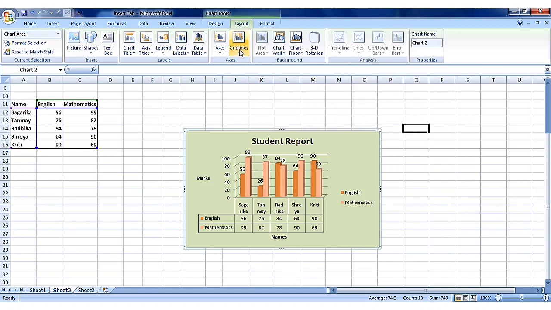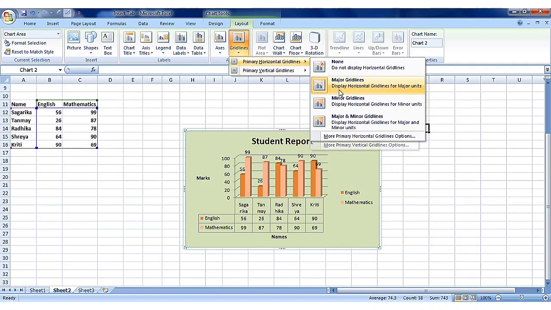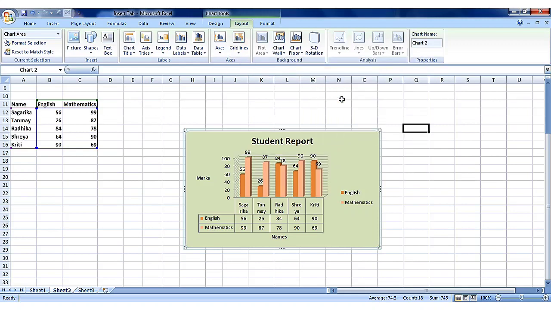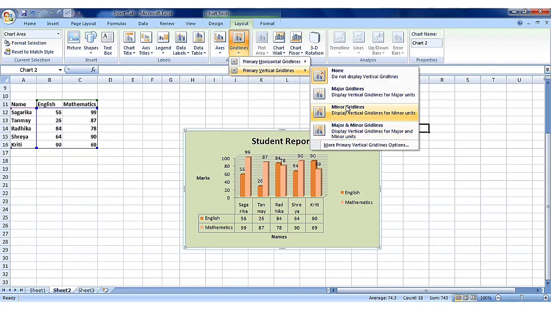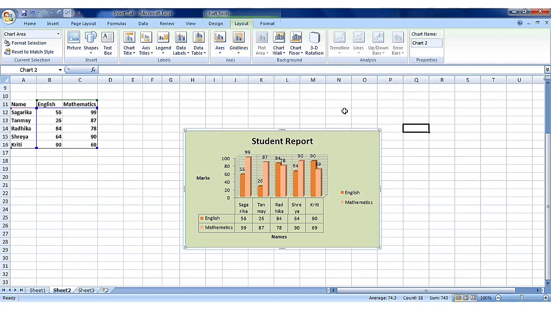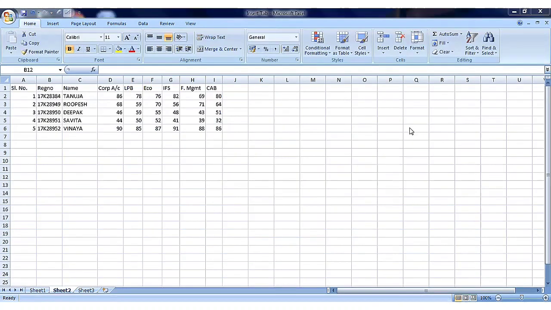To display minor grid lines, it will display minor x-axis grid lines. You can also display vertical axis minor grid lines. It will appear like a graph sheet. Next, you can change background, or like this you can format chart in different ways.